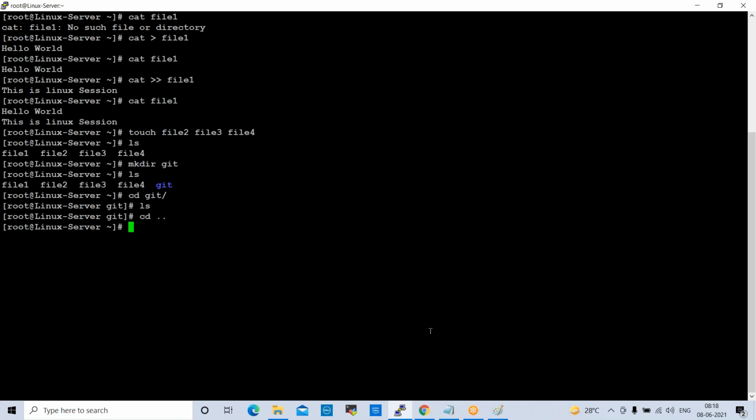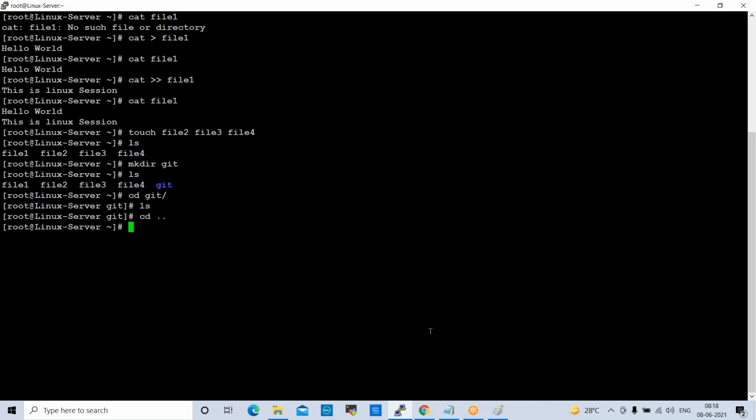Okay. Now what I will do, I want to copy some files into the git directory. So these are the very basic things. So freshers, we are focusing on freshers. Non-IT guys, you can concentrate on this. Working people, Linux admins, they can understand, they will get bored. Okay, don't worry. So we need to focus on all the people, right? That is why we are discussing very basic commands here, right?